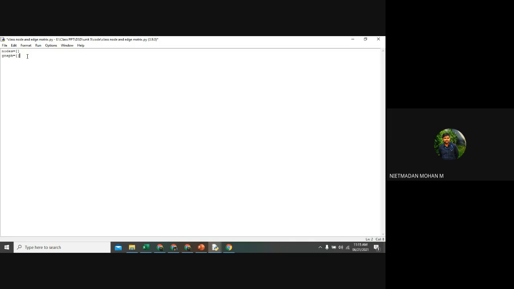After that, I want to mention the node count in my program. How many nodes are there? As of now, the node count will be 0. I am not having any nodes inside the node list as well as in the graph list. So as of now, the node count will be 0. This is my basic operation, my main program that I am going to do.